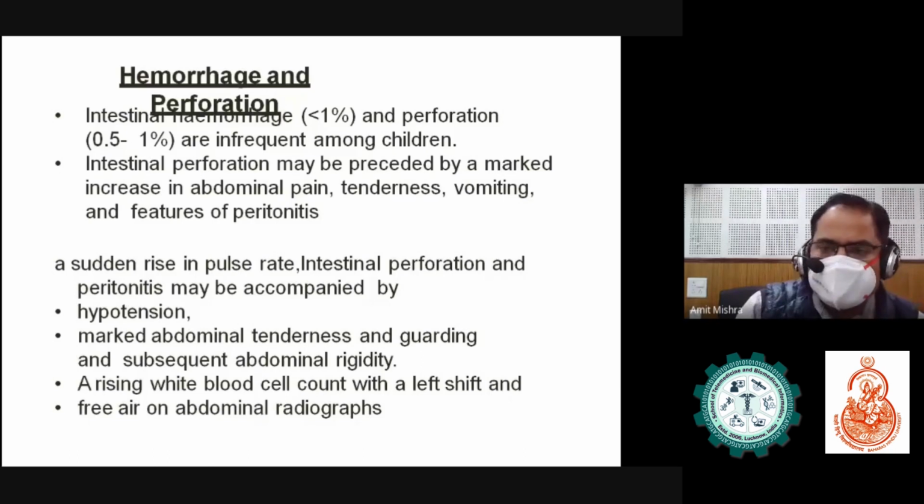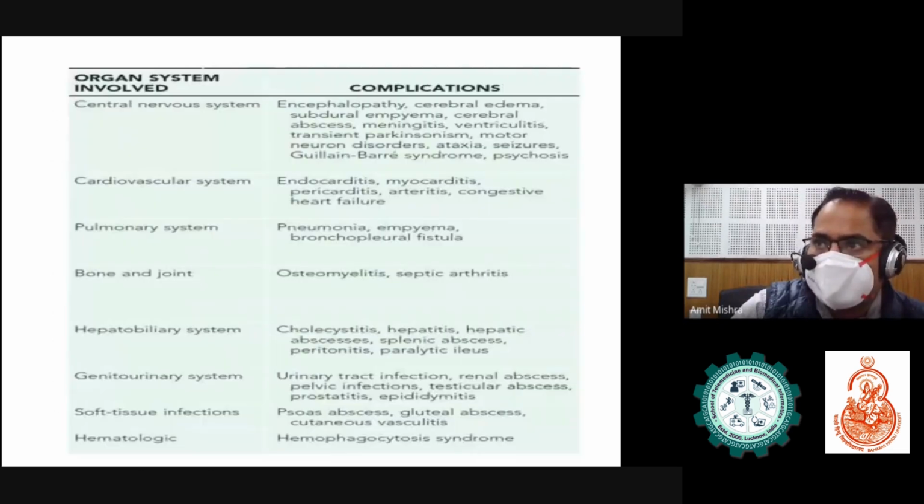So we can see, you can get the picture of basically subacute